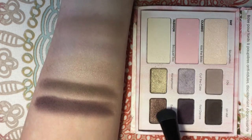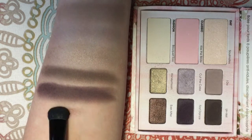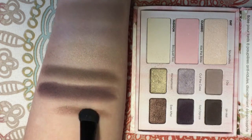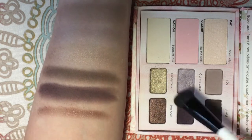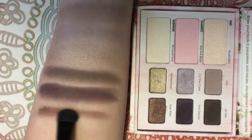And last but not least, we have Ever After, which is a warm, shimmery brown with noticeable sparkles. It leans more copper than anything. So again, this would be great